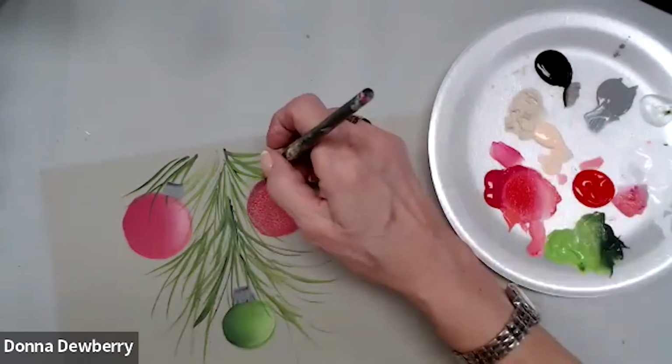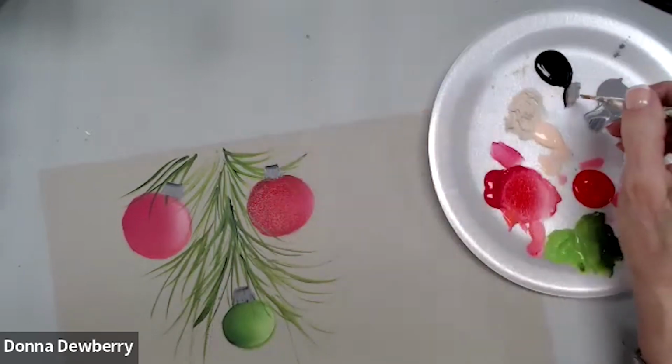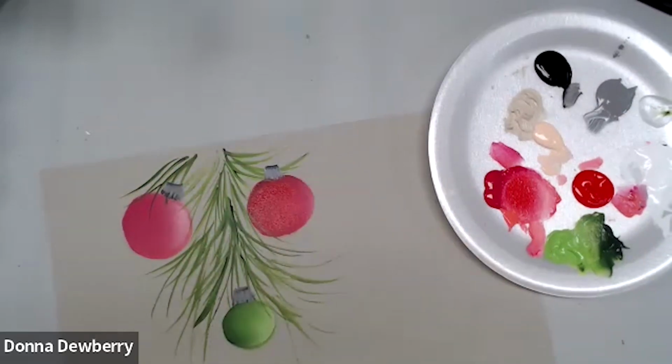All right, and you can leave it just like this, or you can put strings, the licorice strings, on the top of the ornaments. Okay, so let's get a glare in here. Now I'm going to go to